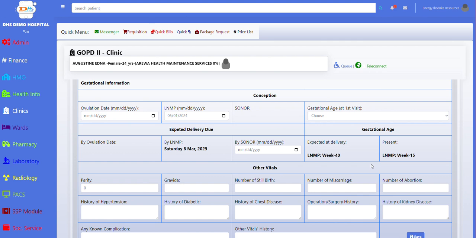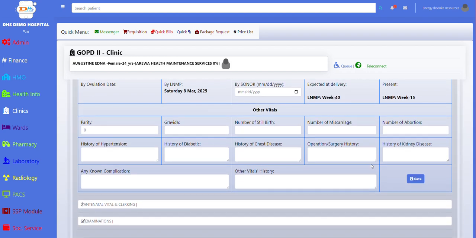And it will not just do it, it will do it based on the provisional formula. Which means anything it shows here is expected, there is no error, except maybe during inputting, as you are entering the data you mistakenly enter something. And also, if these other vital information are available, you can indicate the parity, gravida, number of stillbirths, things like that. If previously this information has been recorded for this patient, automatically the system will pop the information up